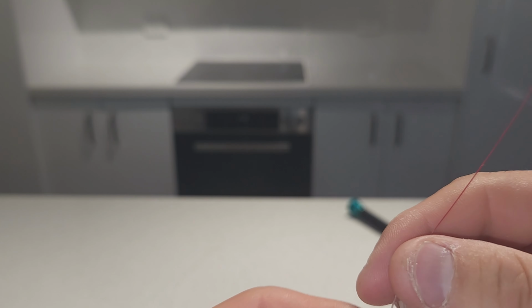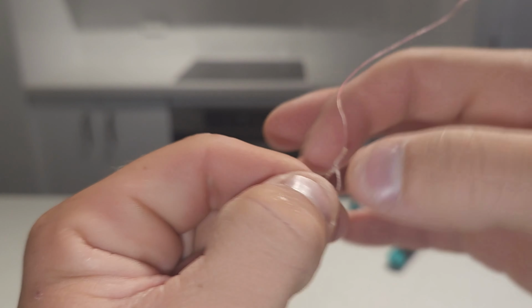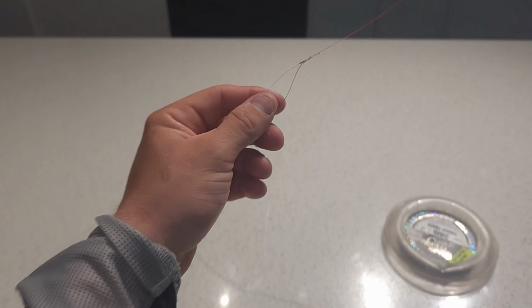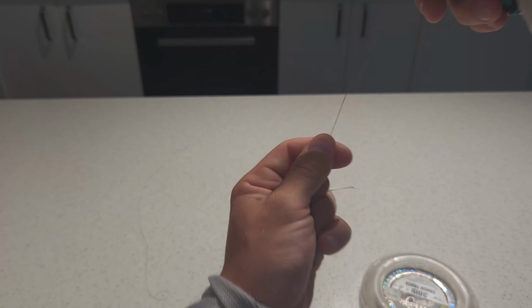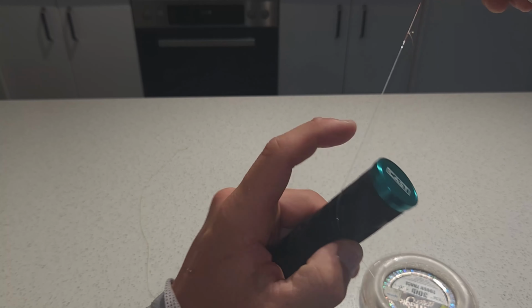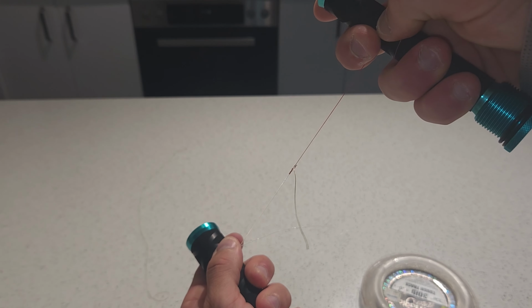Like that. So this braid I've got here is about 35-40 pound, and I've just got 30 pound on just at the moment, just to show how we do it. And then what we're going to do here is wrap that around 3 or 4 times there, and then we do the same on the leader here without wrapping over your line again, and then you can just go like that, pull as tight as you can,